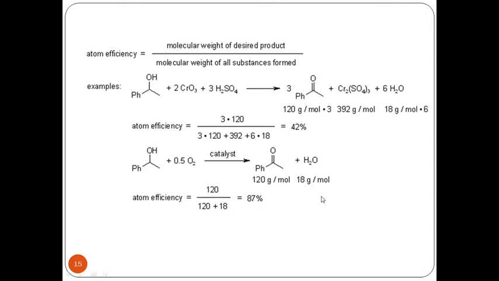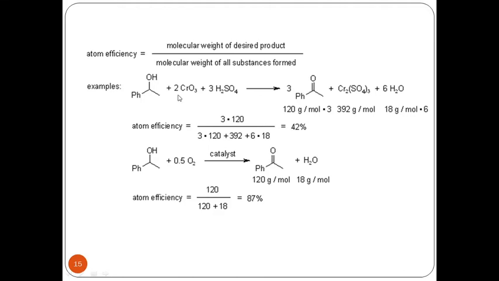Hello everyone. So in the last class we had gone through a concept called atom efficiency and we tried to understand which reactions are more atom efficient, and then we came to a conclusion that addition reactions and isomerization reactions are quite atom efficient. There were also reactions where the atom efficiency was less. For example, substitution reaction, the atom efficiency was less. Elimination reaction, atom efficiency was less.